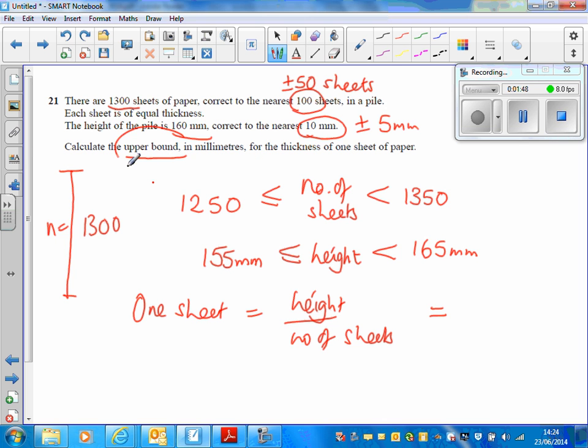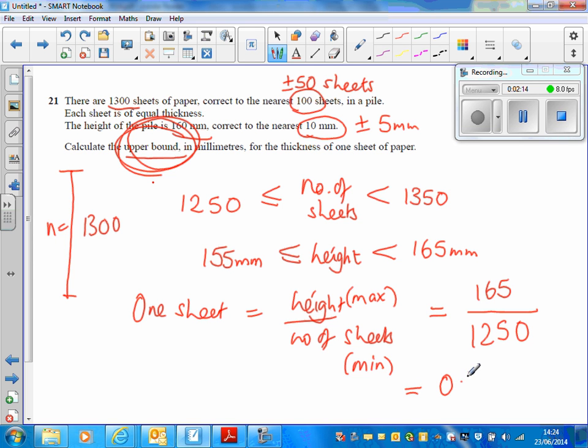Okay, now to find the upper bound, so we want the maximum possible height of one sheet of paper, we're going to need the maximum height. But remember, if you're trying to find a maximum value when you're dividing, we're going to divide by the minimum number of sheets that there might be in the pile. Now the maximum height is 165. The number of sheets, which is a minimum, is 1,250. Now if you divide one by the other, it comes out as 0.132 millimeters. So the maximum possible thickness of one sheet of paper is 0.132